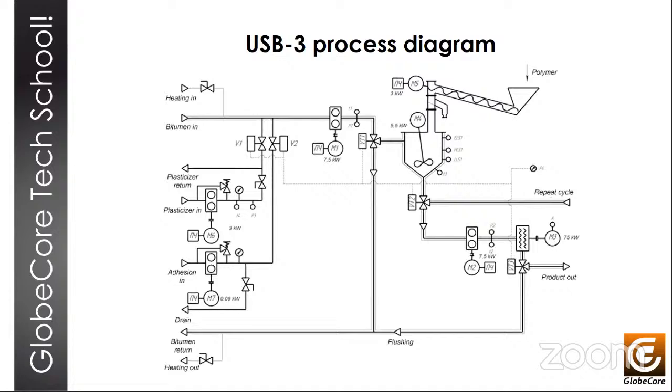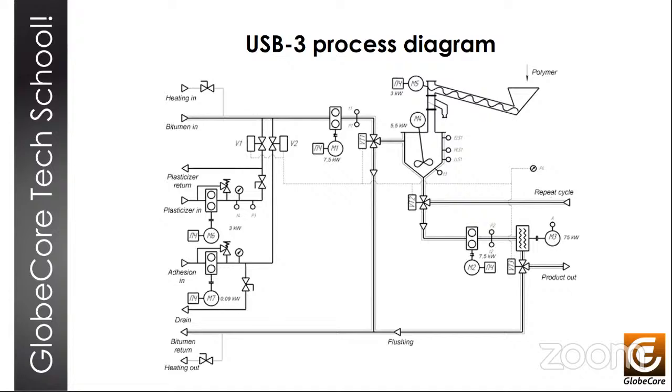So in the mixing tank, the polymer, plasticizer, and adhesive additives are distributed evenly in the bitumen that is supplied by the M1 pump. In the mixing tank during the operation of the plant, the bitumen level is constantly held between the low and high level sensors, and they are LLS1 and HLS1. And this is done by automatically controlling the M2 pump by the frequency converter, depending on the signals received from these 2 sensors. The M2 pump pumps out the polymer bitumen mixture from the M4 mixer,